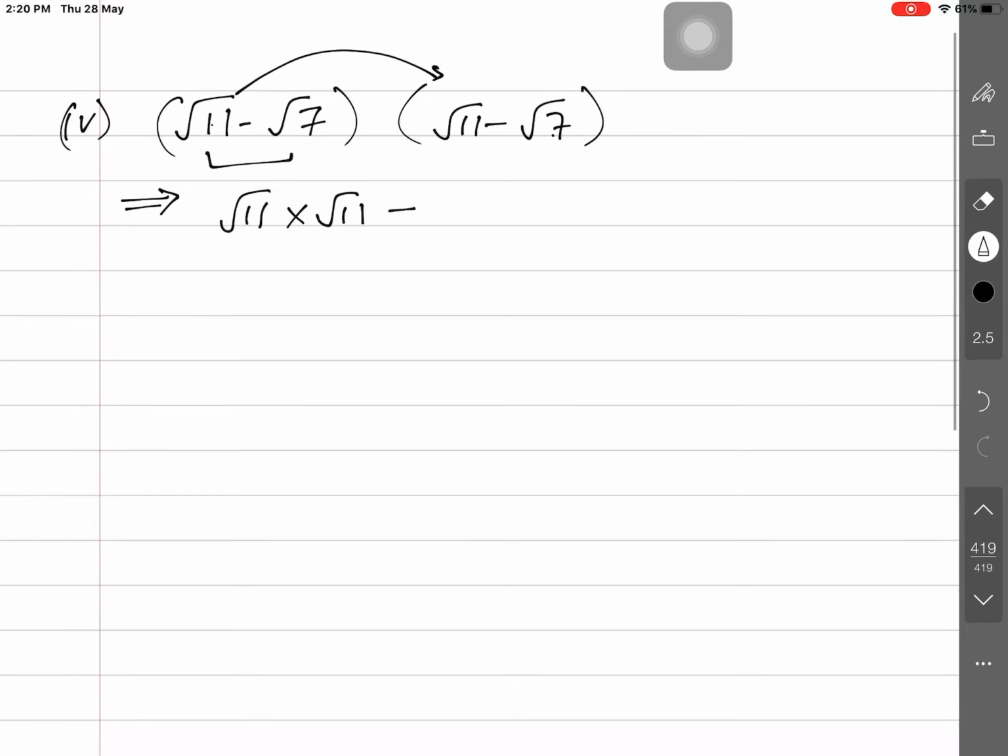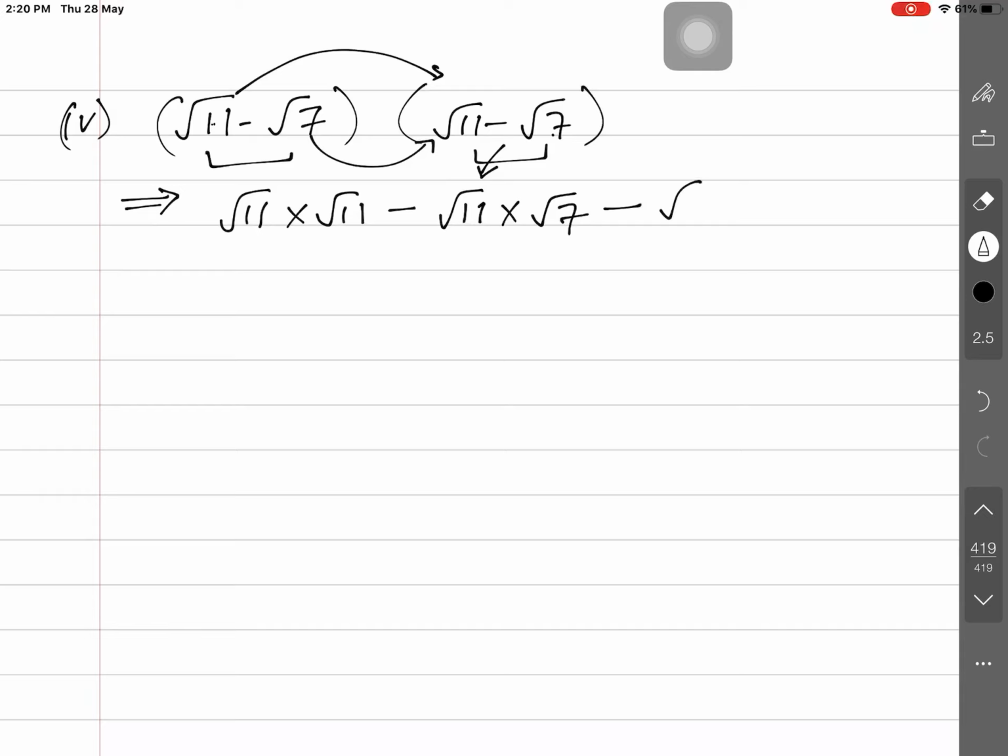I will tell you two methods here, method 1 and method 2. Furthermore, root 11 into root 7, and this has been distributed throughout both, so root 7 is also to be distributed here, root 7 into minus root 11, minus minus plus, minus minus also to get multiplied here, root 7 into root 7. Next step: root 11 into root 11, I told you yesterday, root 11 square is 11, so the third sign will be cancelled.